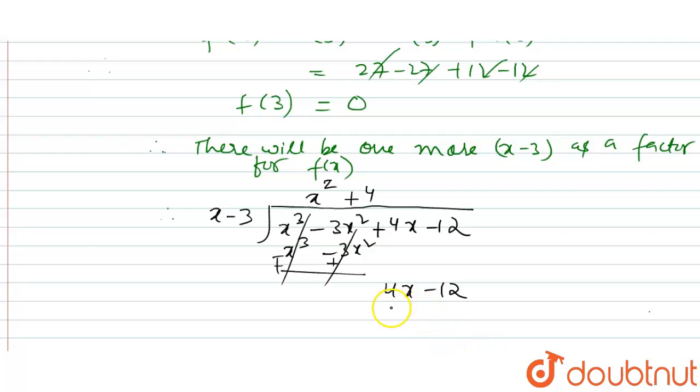From here we get 4x. x cube into x gives x cube, and x square times minus 3 gives minus 3x square. Now we need to factorize it further, that will give us x square, which will get cancelled, and when we divide this we get only 4 from here. So 4 into x is 4x, and minus 3 times 4 is minus 12, that will get cancelled, plus minus, and we are left with